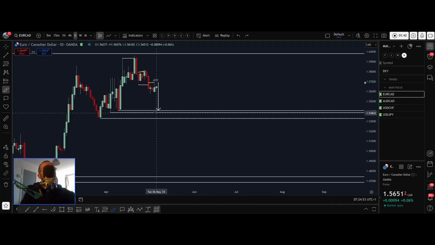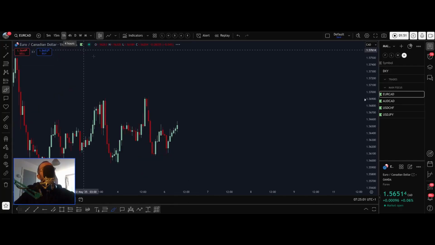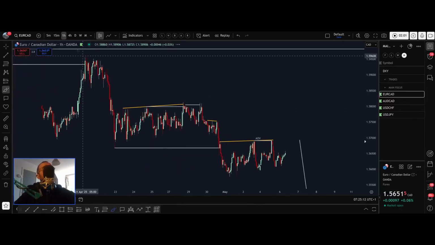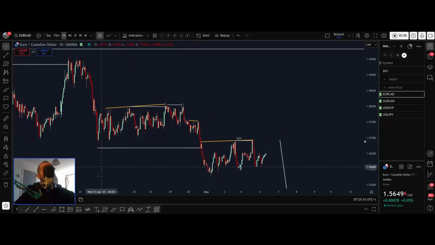Okay. So as we zoom down, you can see that yesterday I didn't have this on watch, and it didn't actually quite meet my entry requirements, but I would have been looking for an entry in here if I had it on watch. But we didn't get what I would have been looking for anyway, so that's fine. But if we analyze this price, you can see here, if we do the pattern separation, so we have this,